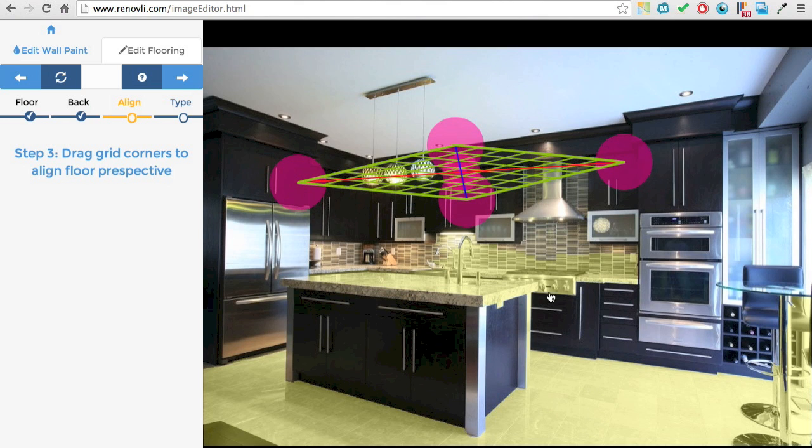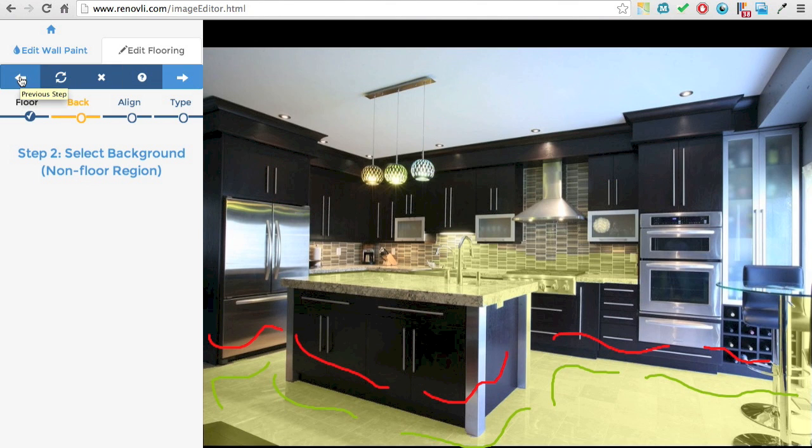A yellow highlight means that the software is detecting a floor. So this is of course incorrect, and we can correct this by clicking on the previous button, and this will take us back to the background selection. And if we press previous again, it will take us back to the flooring selection. So the reason we're going back is because we want to correct our markings that we've made. We feel as if the floor markings are all right, although I can slightly better them, maybe do markings like this. But I believe the real issue is in the background selection, and we see this is a problematic region,